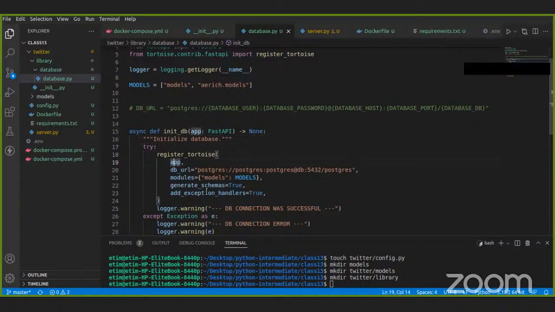So the register tutorial takes an app, like your main app. Then it takes the database URL. I'm going to edit this soon. Then it takes the modules. These are the database models you want to work with. Then